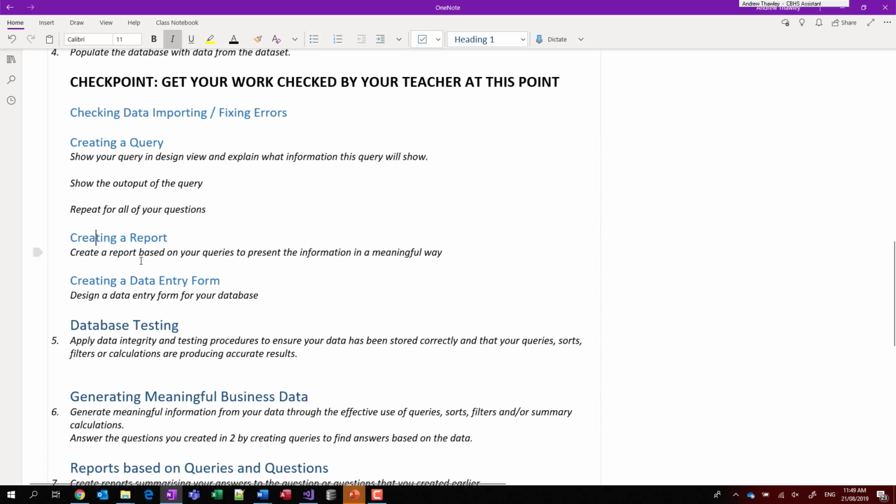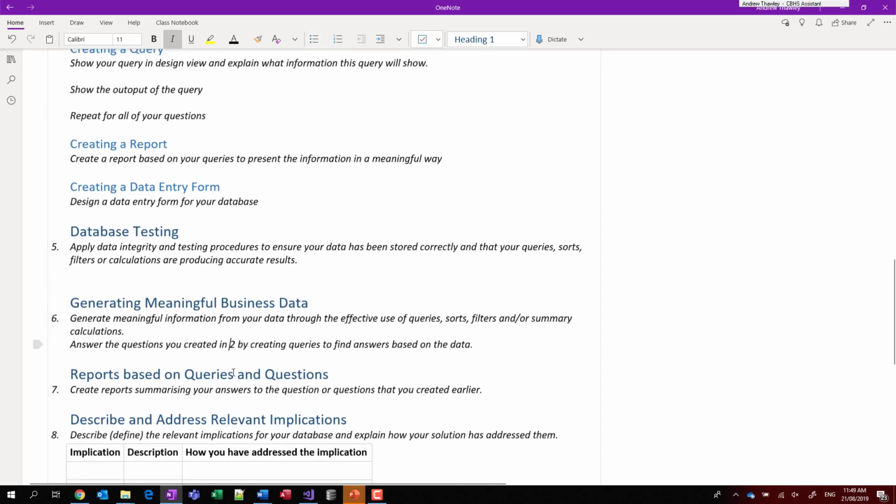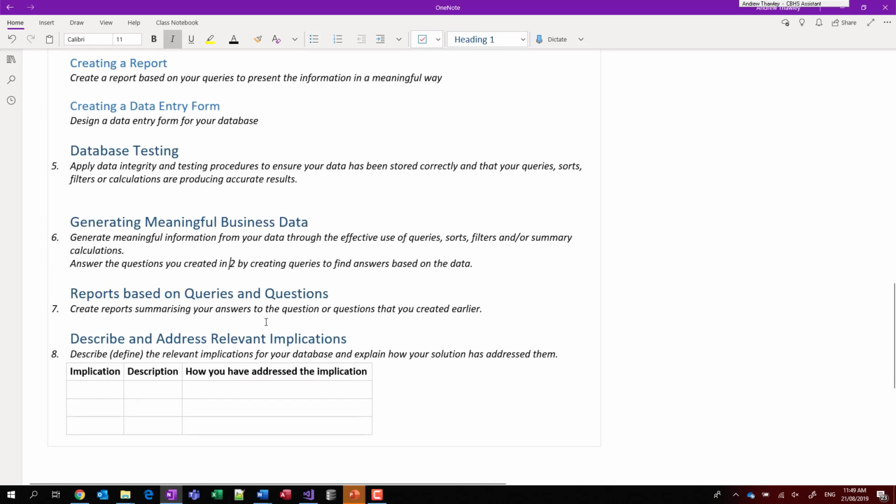Once we've done that, we create a report to present our information in a more useful, meaningful way. We might create a data entry form to make it easier to enter in new information for the database. We've got to test it, make sure it all works properly, so that will be ongoing as we work our way through, taking screenshots of any problems and how we solve them. The generating meaningful data is essentially when you've created those reports, what have you used it for? So creating those queries, creating those reports,